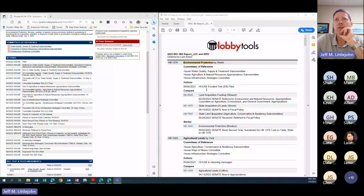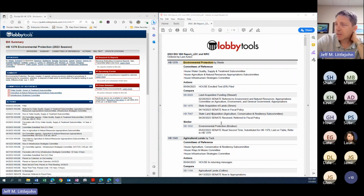So first on the list, again, these are ordered by activity, action, not necessarily by interest, although environmental protection is arguably the most interesting environmental bill this year, probably by any measure. This is the one that we talked about a couple of weeks ago that has a bunch of different things in there. Something to note is, since we went through the Broder version of environmental protection 1632, it was laid on the table, which means the House version was substituted for the Senate version and adopted by both